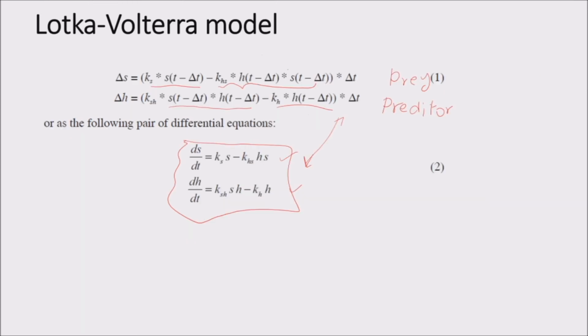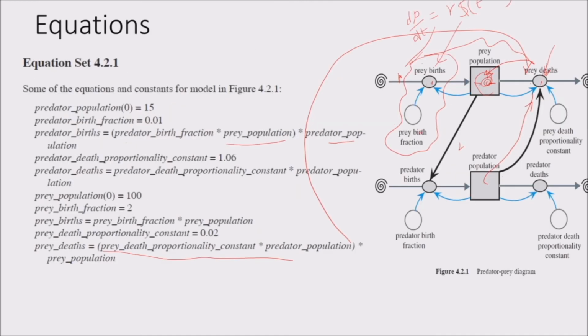So let's move on. We were looking at this. The prey population matters to the births of the predator, and the deaths have nothing to do with it, so that's why there are no arrows from there to here. These dark black arrows are the connection between the population relationship of the prey and predator. So this is how you model this.